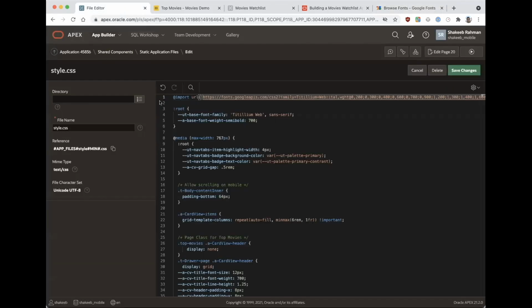So what I've done is exactly that. I've got my import rule here, and I'm using this variable, UT base font family. What this means is this is going to set the base font family across the entire application. I'm also setting another variable here, the semi-bold font weight. Now, generally this is set to 500, but I wanted to make this a little bit stronger for this application. So anytime I have a semi-bold font,